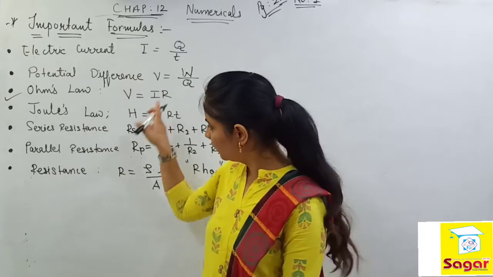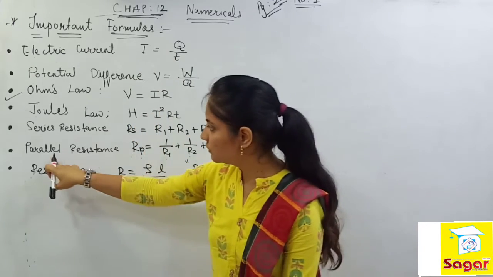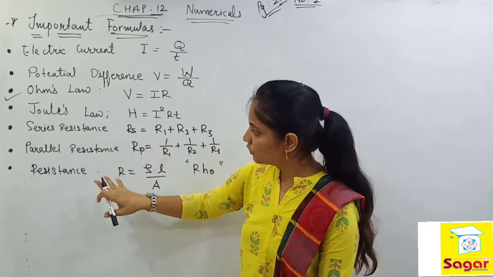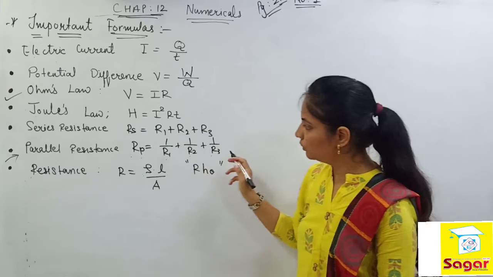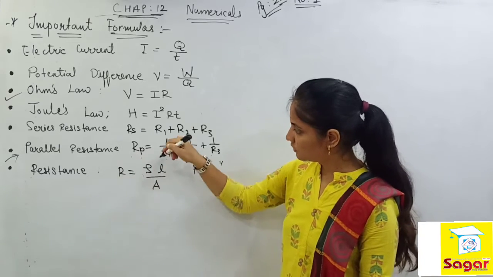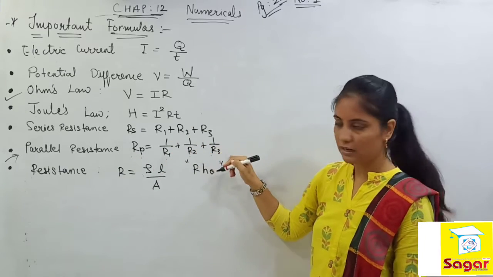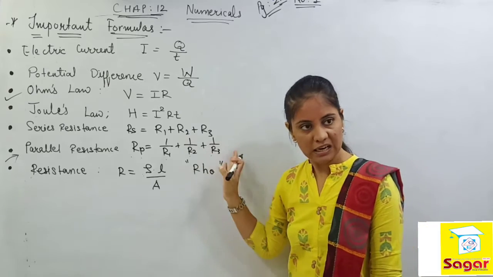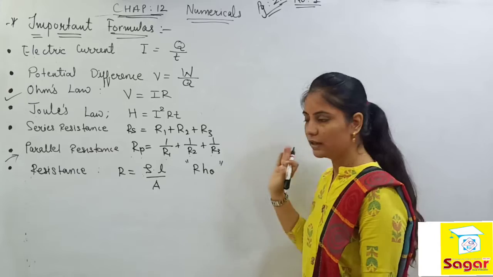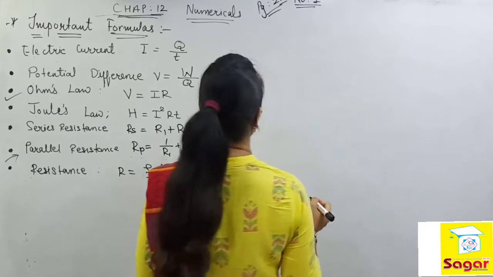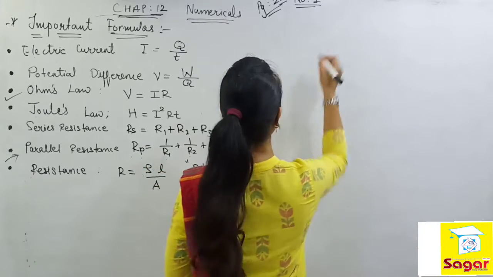So everybody, which equation can we use here? Because they asked us to find the parallel resistance, I guess this one is appropriate to use. So parallel resistance is 1 upon R equals 1 upon R1 plus 1 upon R2 plus 1 upon R3. It's not necessary that it goes only till R3. As many resistances are given, you can add their reciprocals.